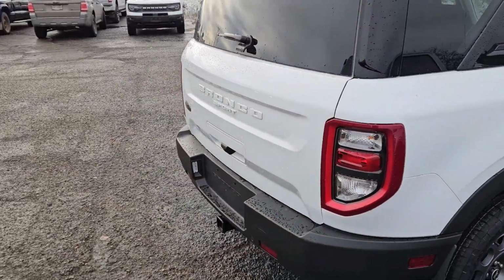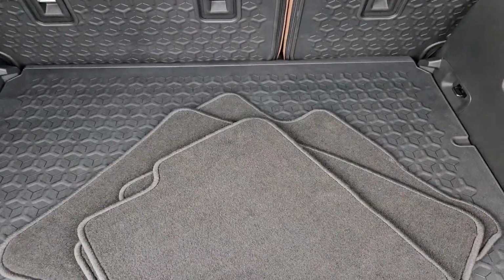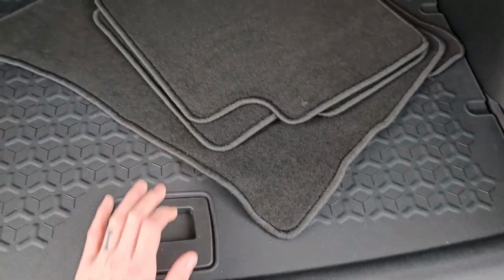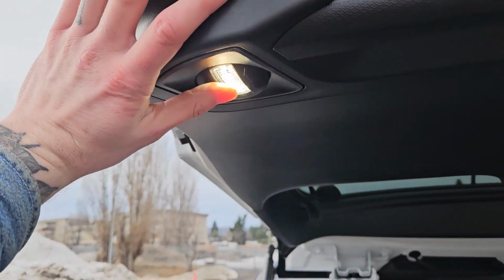But let's take a look inside. Looking into the back, where you've got a spacious cargo area that can always be expanded by folding down the rear seats, and underneath the rugged cargo floor you have your full-size spare, as well as having these tie-down points on either side, 12-volt power outlet, and the switch for your hatch lights, which can be articulated to shine where